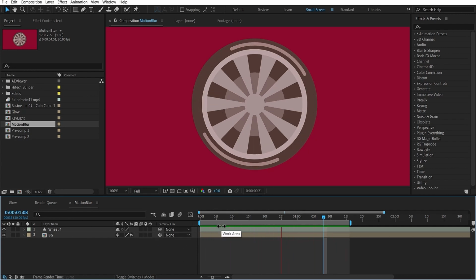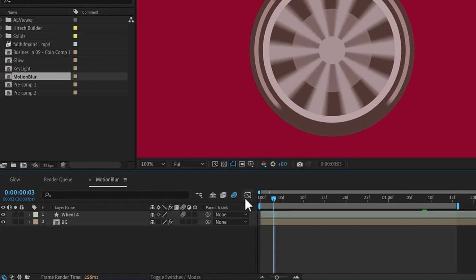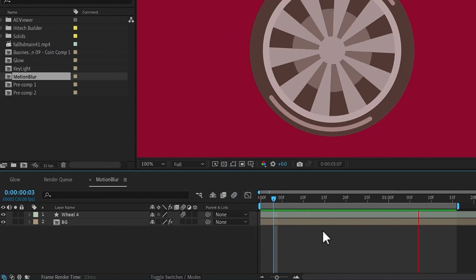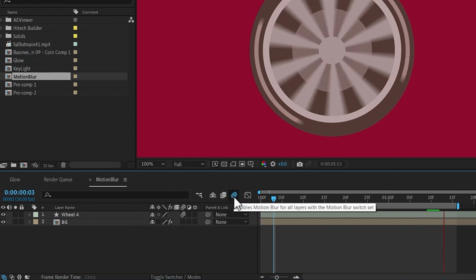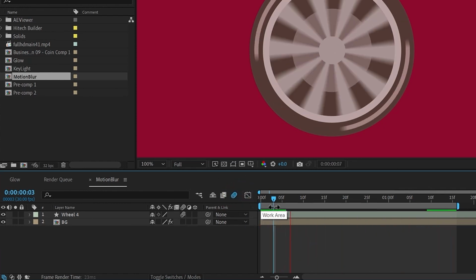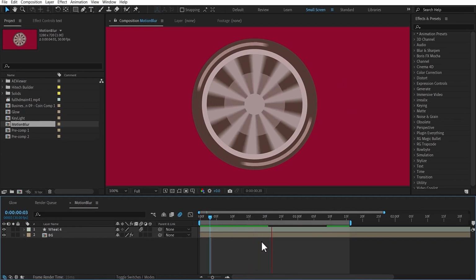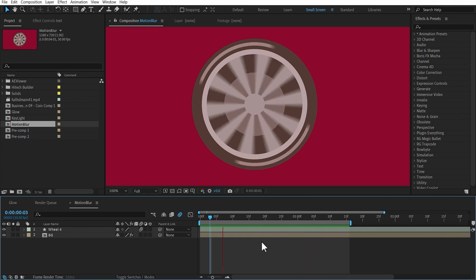First, make sure the motion blur switch is turned on for your layer. Just click the little icon that looks like 3 overlapping circles in your timeline. Now, make sure to toggle the global motion blur switch at the top of your timeline, so the effect is applied across your composition. Now, as the object moves, you get that smooth, blurred trail that adds a lot more